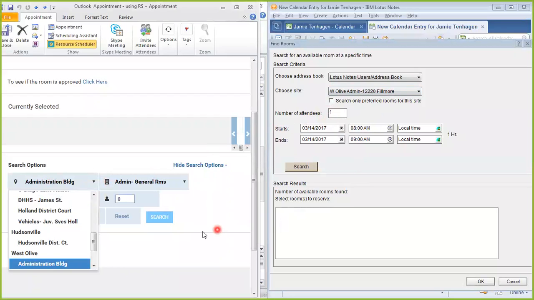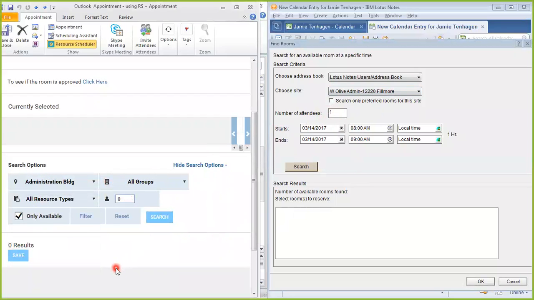Same thing, you put in the number of attendees. You can also do that here. Here you can tell it only show me the available. Lotus Notes would search for only the available rooms during the time that you specified. When you click search,